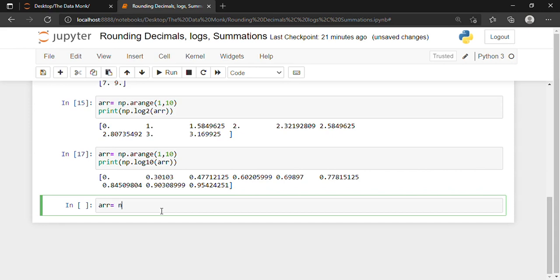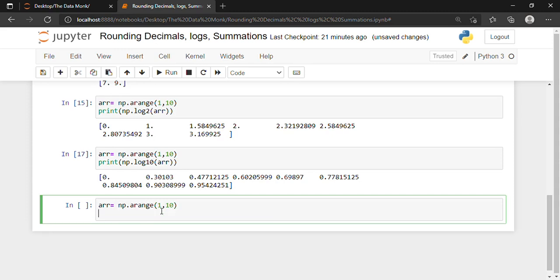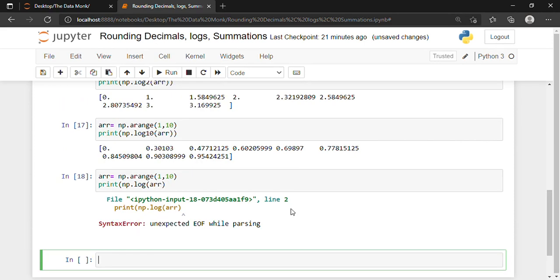So arr is equal to np.arange. And since we are writing the natural log or log to the base e, we will not write log2 or log10. We will just write np.log, and inside arr. So shift and enter.